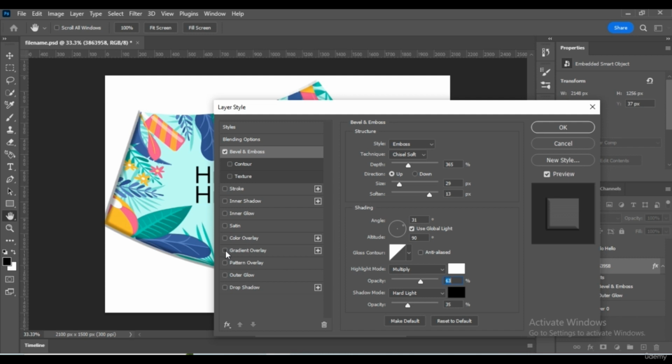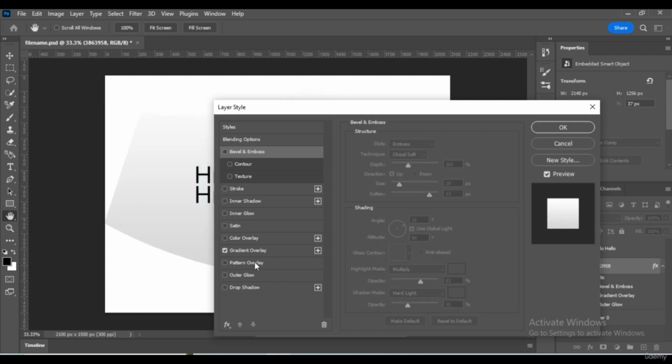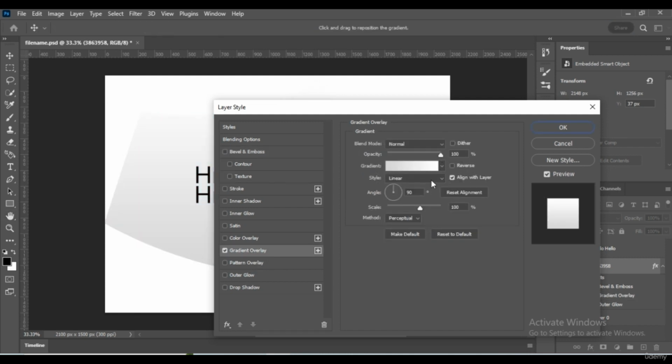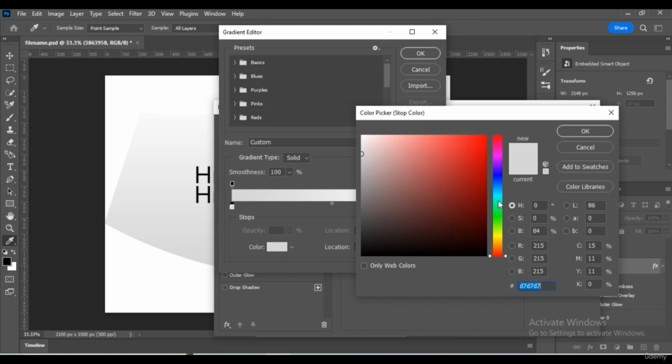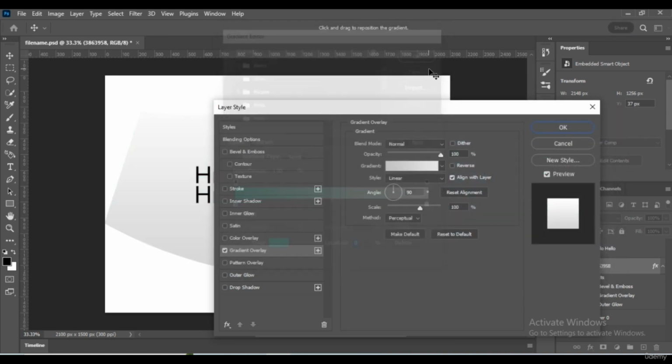And then gradient overlay. We uncheck this box. We can choose which gradient color you want. And then the angle of the gradient, where the gray color goes is like the shadow.